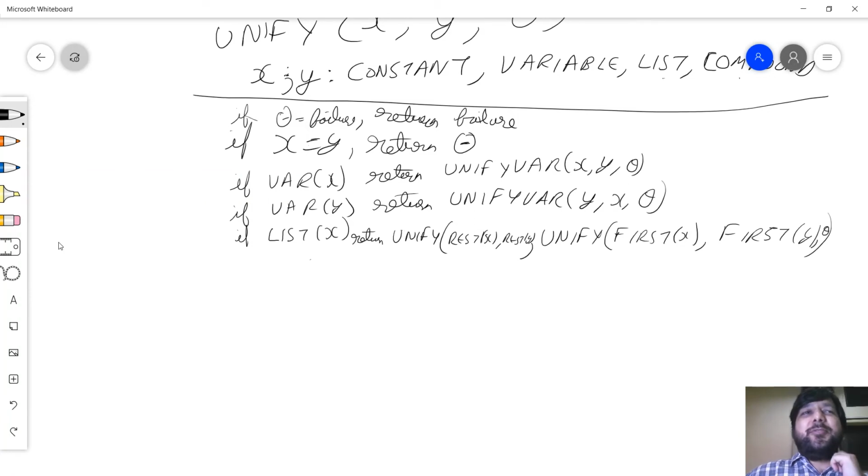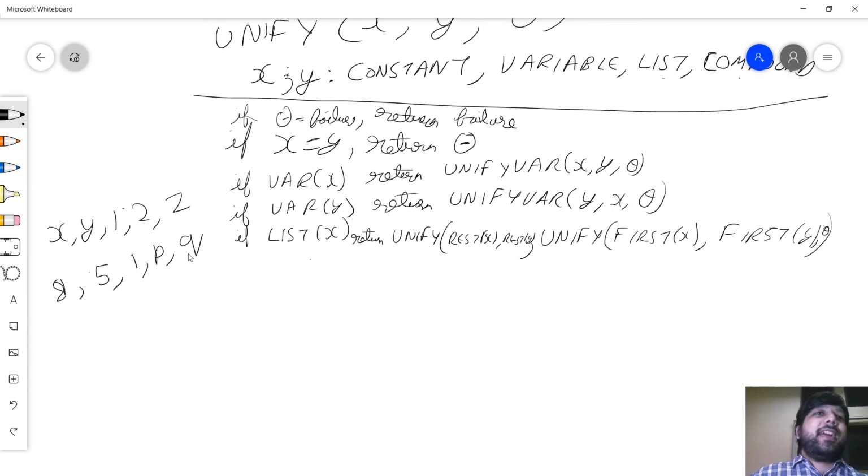I'll very quickly take a dummy example of a list X, Y, let's say 1, 2 as constant, Z as variable with, let us say, 8, 5 as constant, 1, 3, okay, I wanted to unify 1, P, and let us say Q. I want to unify it up, so I first take this out, which gives me a substitution X is equal to 8.